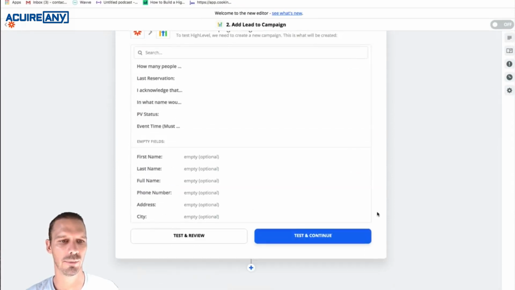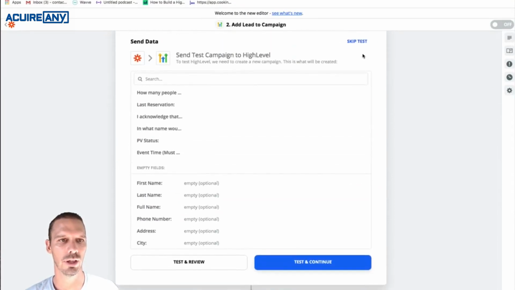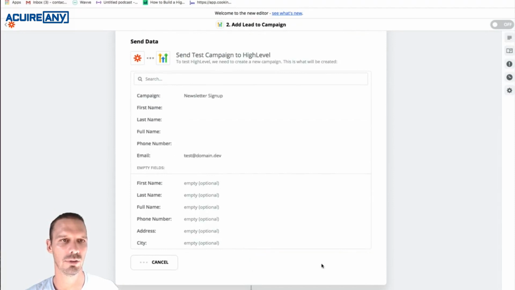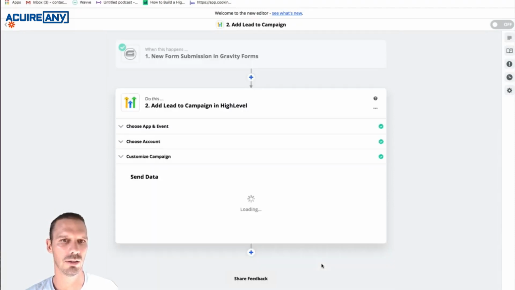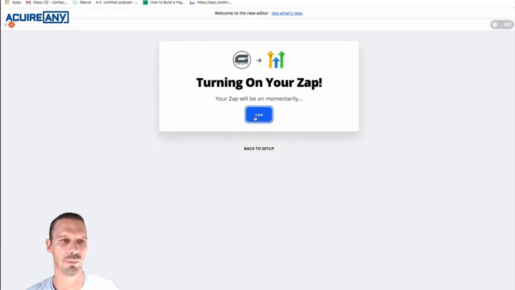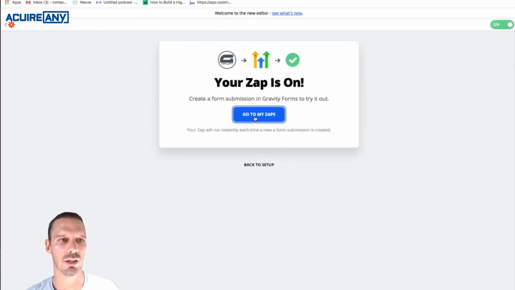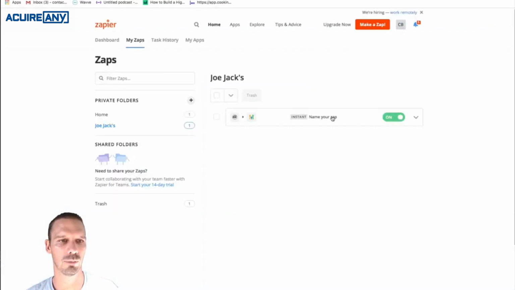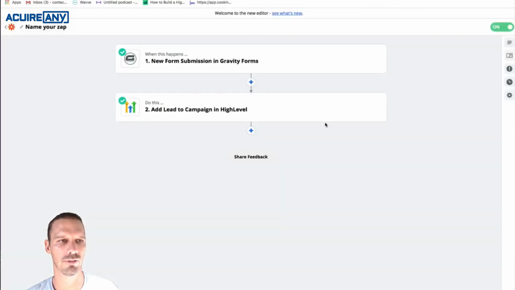And then I'm going to test and continue. And there we go. I'm going to turn it on. And the last thing I want to do is give it a name, because I forgot to do that. So I'm going to come up here and say newsletter signups. And that's how you would use Zapier to bring leads from